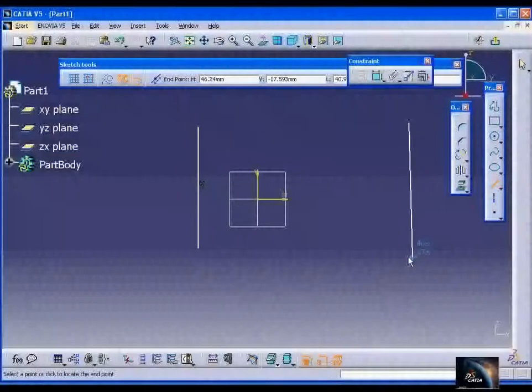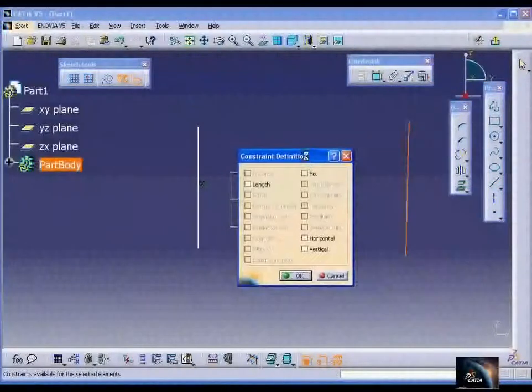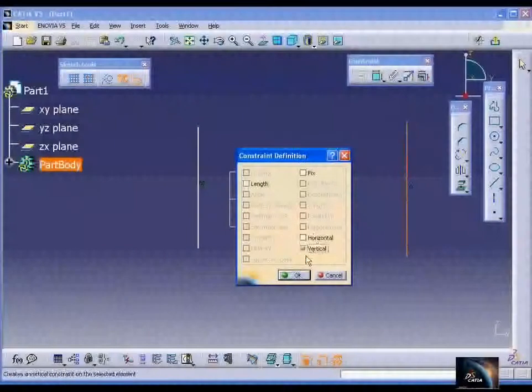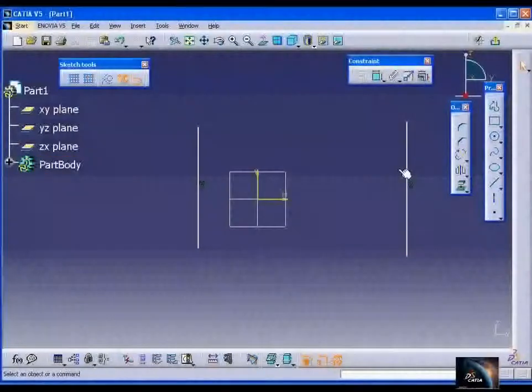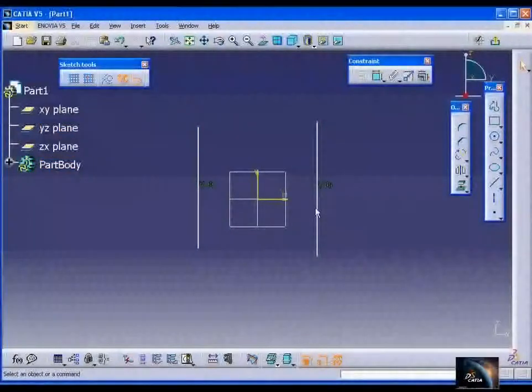Now two elements are there. I want to make these two lines symmetric to the vertical axis. So I am selecting these two elements by pressing Ctrl. Then I need to make the symmetry to the horizontal axis. Press Ctrl and select this axis also. Then go for the constraint defined dialog box and apply the symmetry. So symmetry is applied for these elements,